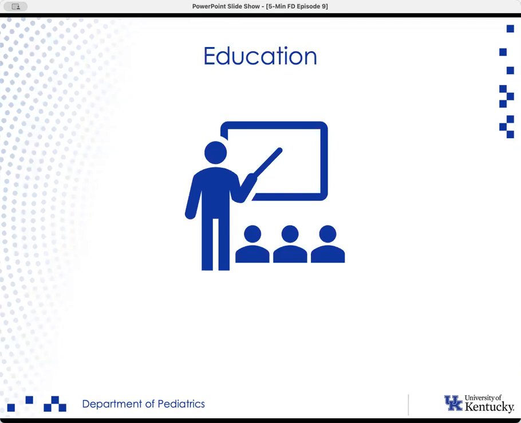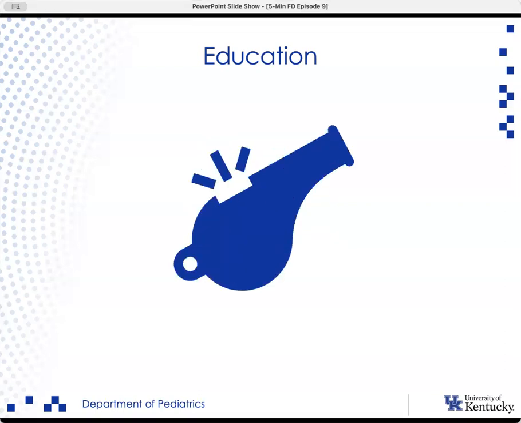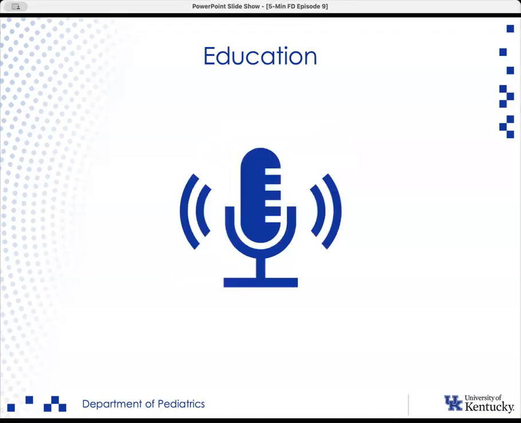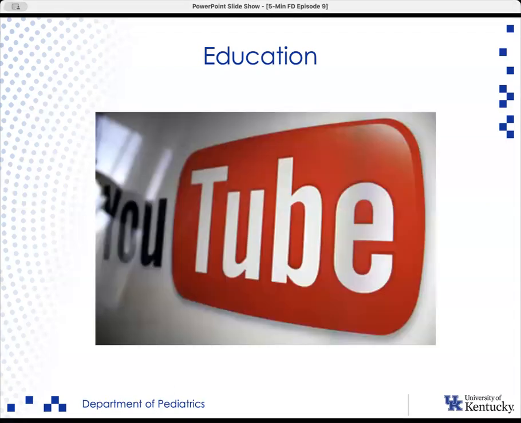That may look like giving lectures, grand rounds, directing a rotation, building a curriculum, or writing a journal article on educational methodologies. Anything that creates your recognition as an expert in teaching is going to increase the notoriety of the university, which means you have created value for the university. It's easy to overlook other things that fall under education. Think about things like coaching and mentoring or faculty development. Also, don't overlook other things we may not typically think about, such as maintaining a blog on educational topics, hosting a podcast on education, or even an instructional video series like this one.